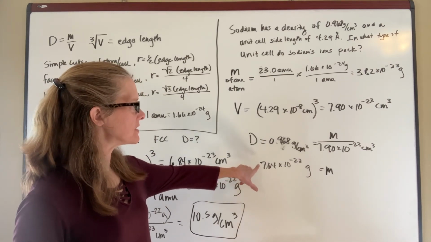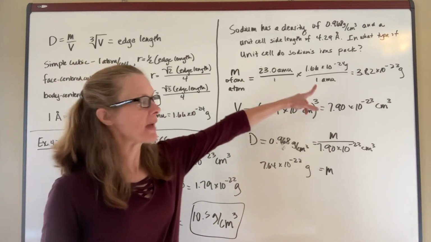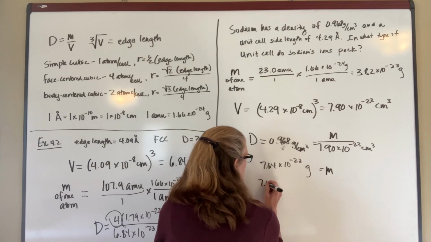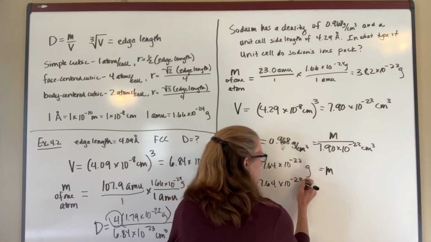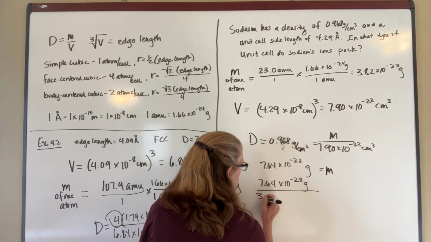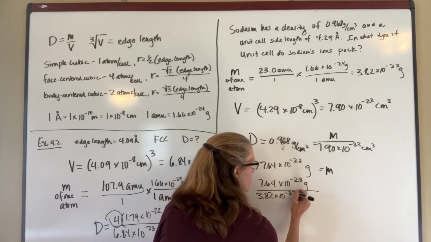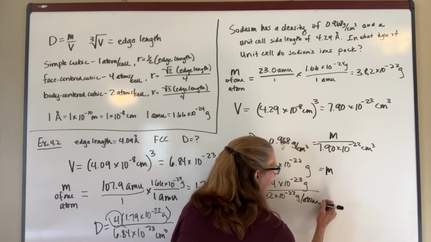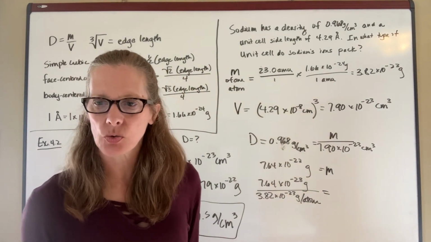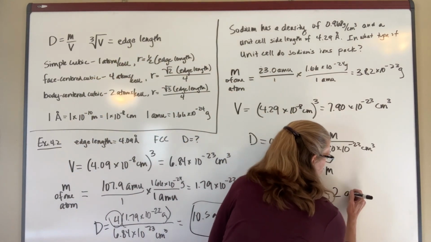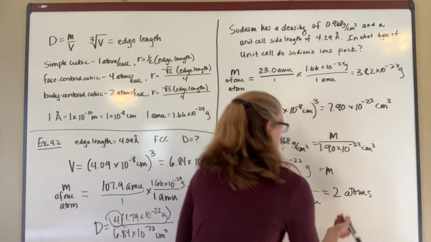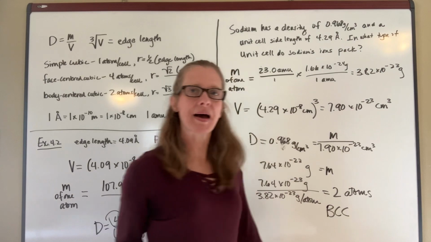So then if I take this mass of the entire cell and divide it by the mass of one atom, that's going to give me how many atoms are in the cell. So if I take 7.64 times 10 to the minus 23rd grams in the whole cell, and divide by 3.82 times 10 to the minus 23rd grams per atom, you will see that that gives you a value of 2 atoms. And so therefore, since there are 2 atoms in it, that tells me that sodium crystallizes in a body-centered cubic